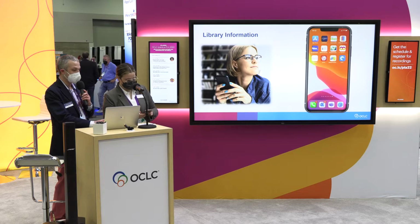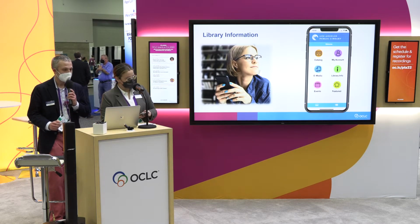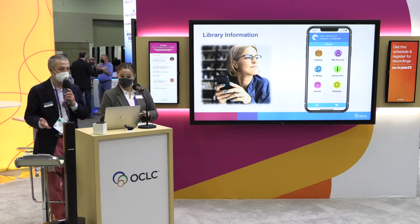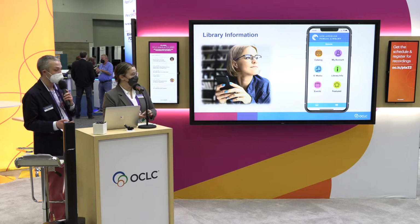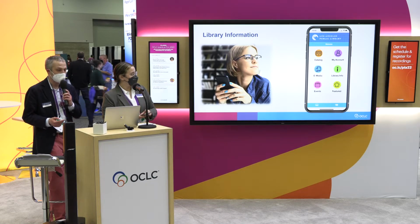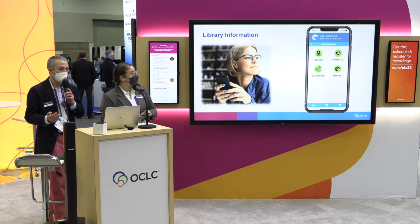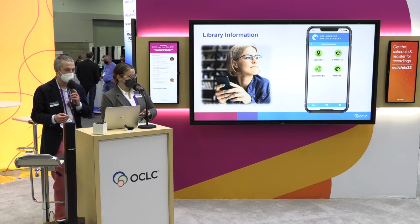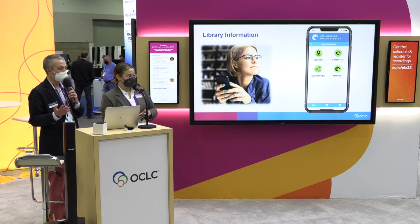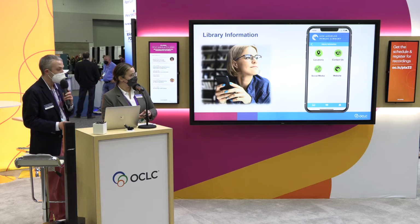And for that, we're going to take a look over at LA Public Library's app. And we can see the flexibility that libraries have to customize the arrangement of information about the library and its services using Capira mobile design options. So when patrons click on library information here, they'll see that LA has opted for a clean view with relatively simple icons. And in addition to things like social media links and more, they've also added locations, which includes a map view